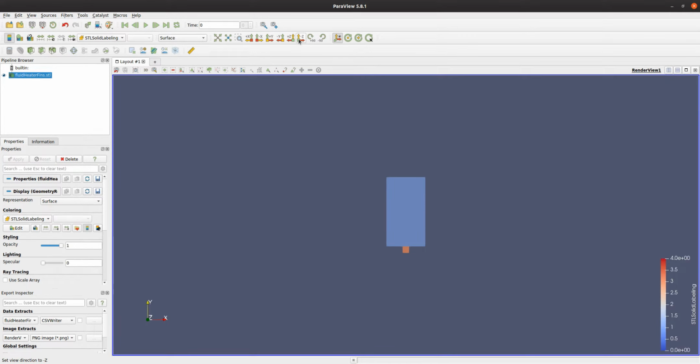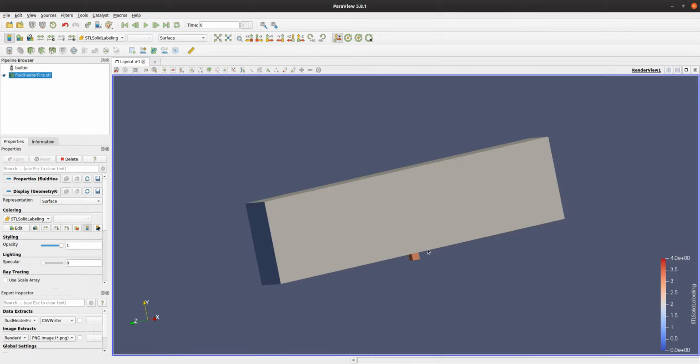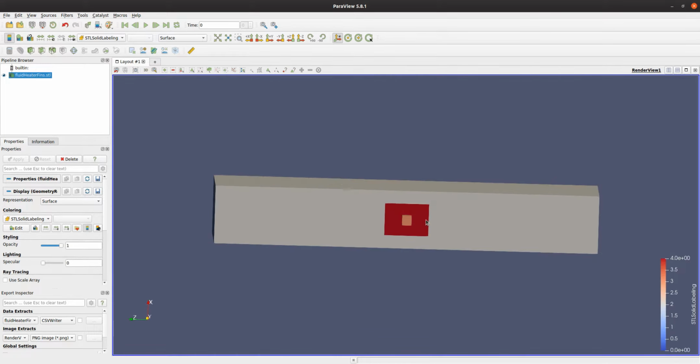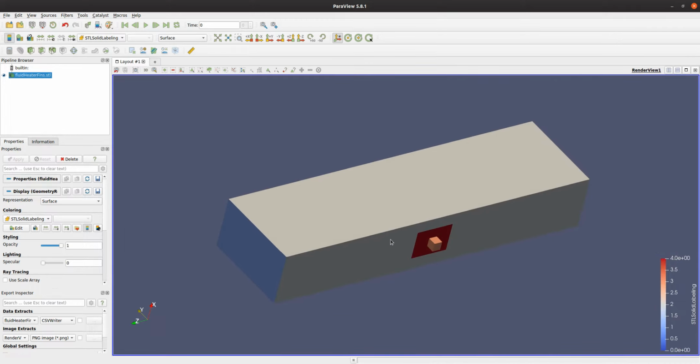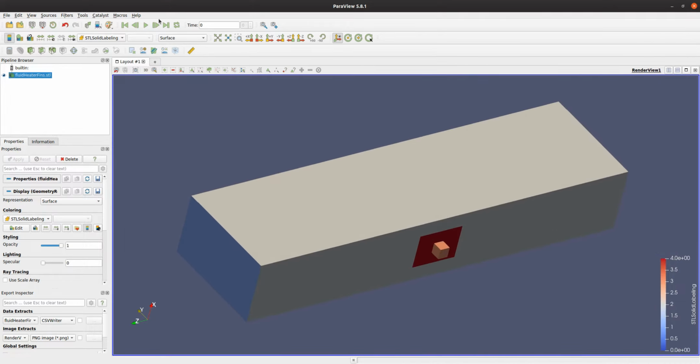So it must be a closed surface like this, and it should be the outer boundary of all the regions.